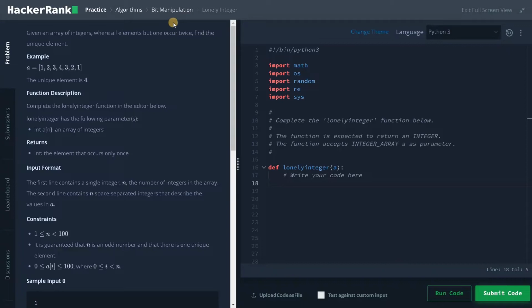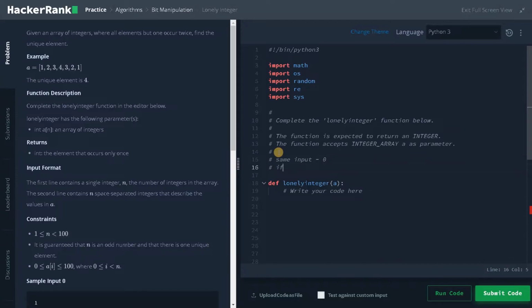And we are under the topic of bit manipulation, so we are going to use bitwise operations in order to solve this problem. So what I'm going to do is use the XOR operation. So what is the functionality of XOR operation? If you have the same input it will be 0.